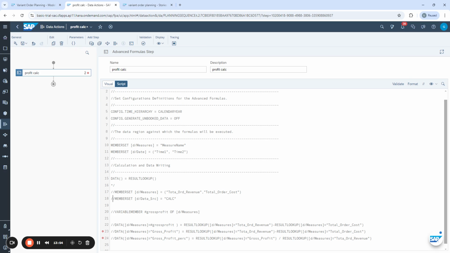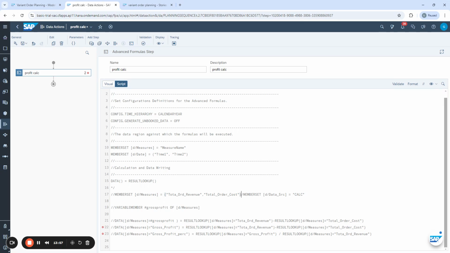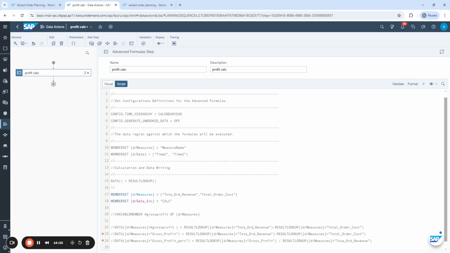Here we know already scope. Let us give some scope. We know what is the scope, right? Member scope we give generally. So here I am giving the scope. These are my interesting measures in the script. Order revenue and total order cost. Of course, you can call the other measure also like gross profit here. And these two measures we know they are at the calc data source. So I'm calling the calc data source also. Now what I'm trying to do here,